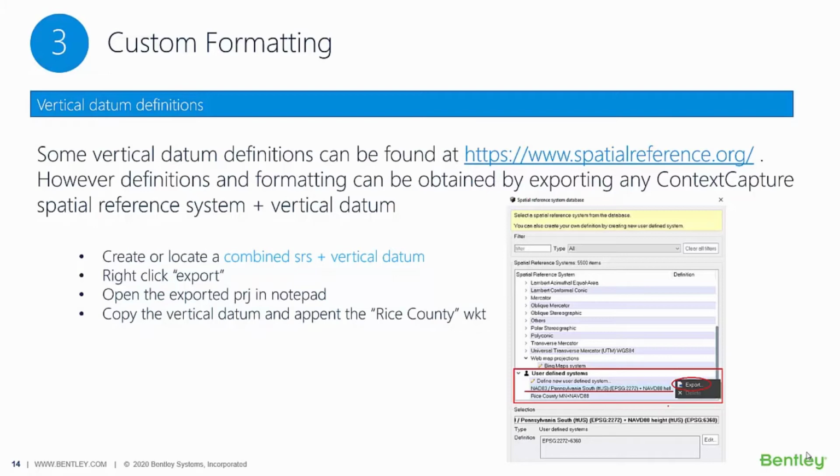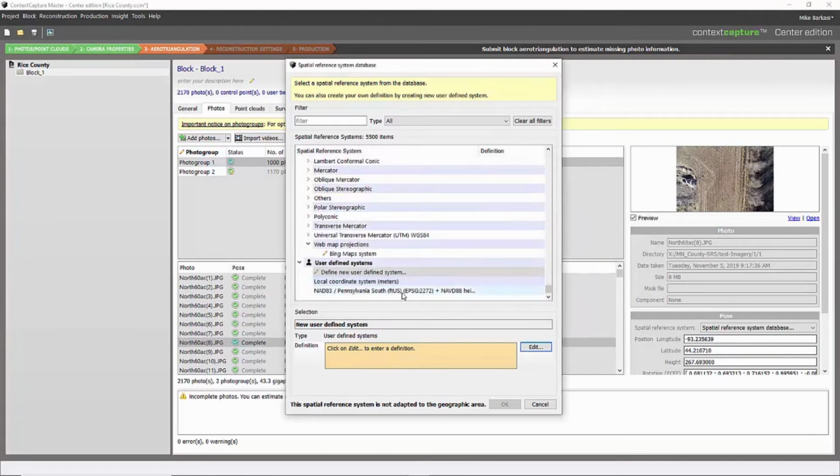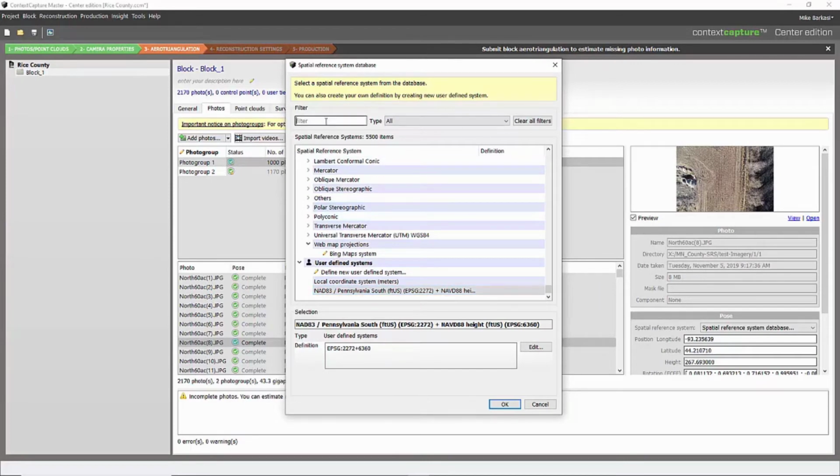So how we'll get this is to combine any spatial reference system with a vertical datum. We'll export that new user-defined system, and then we'll open the resulting file in Notepad, and we'll copy the vertical datum out of that file. So this will be very apparent once we do it. So let's close our custom dialog, and while you see I already have one definition applied here, let's just go and we'll grab